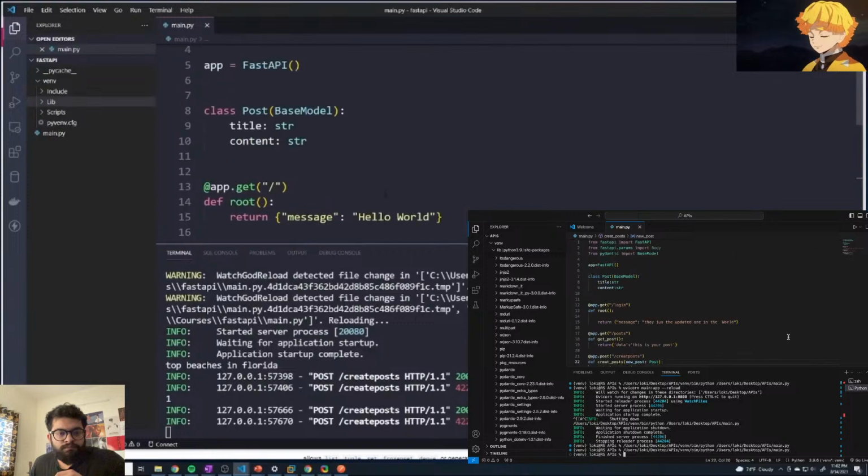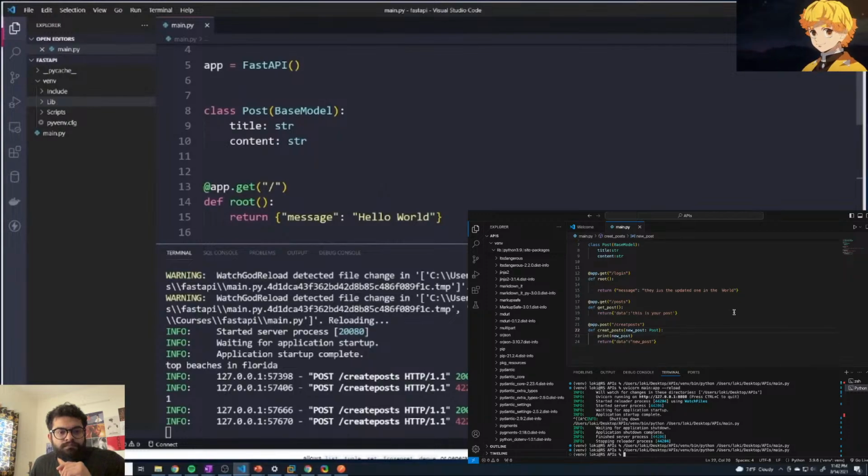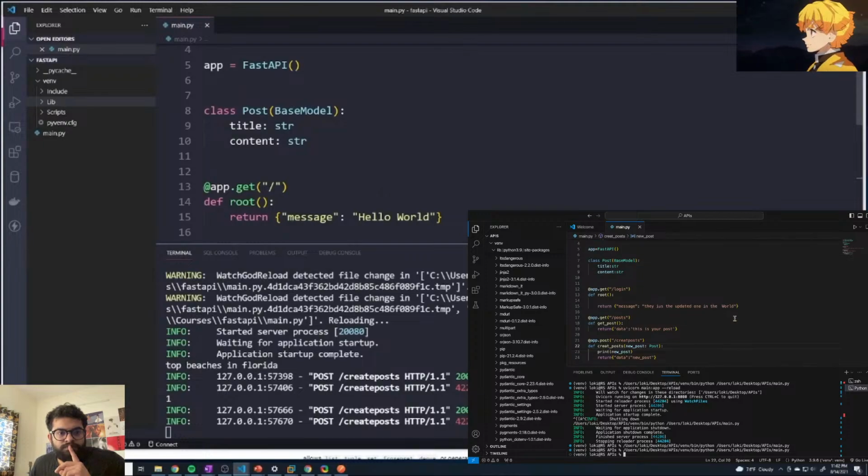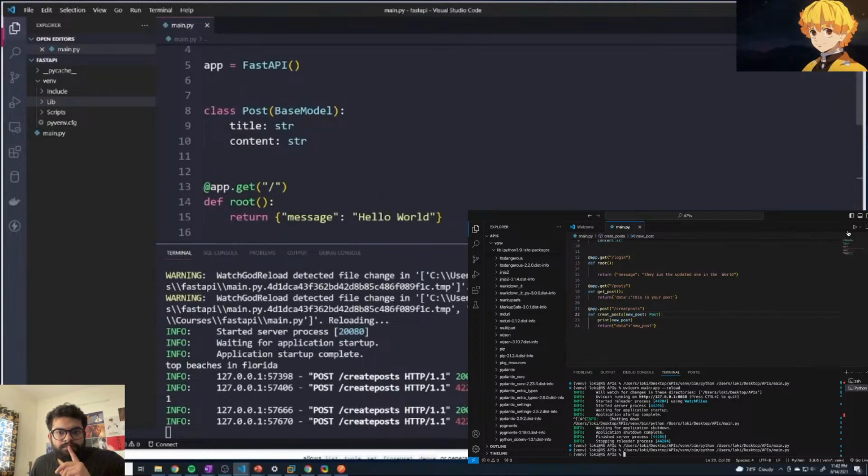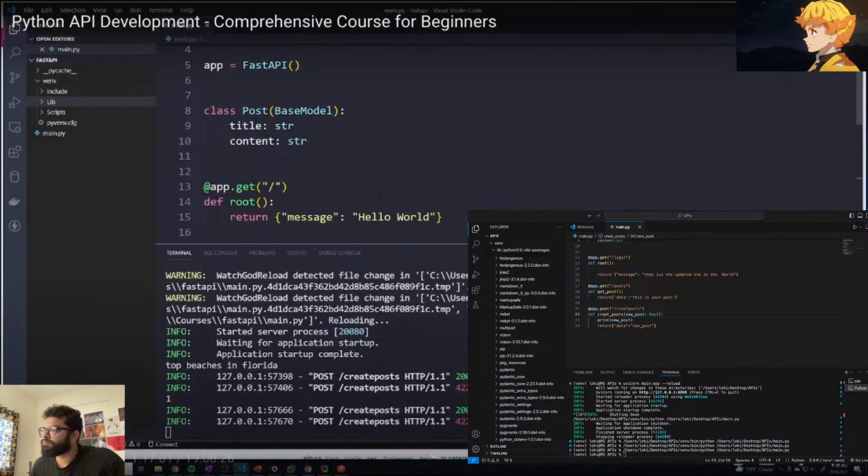Now let's say that we want to assign a property that's optional, right? Like what if we wanted to make it so that the front end can either choose to send some piece of data or not send a piece of data. So let's say that we want the user to be able to